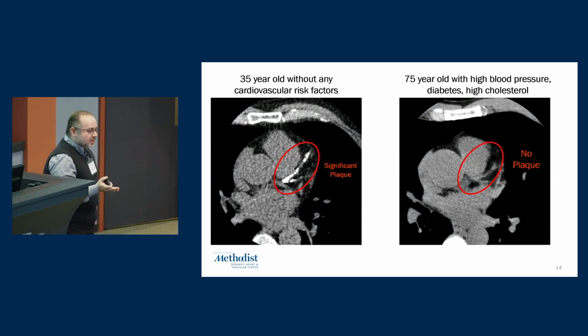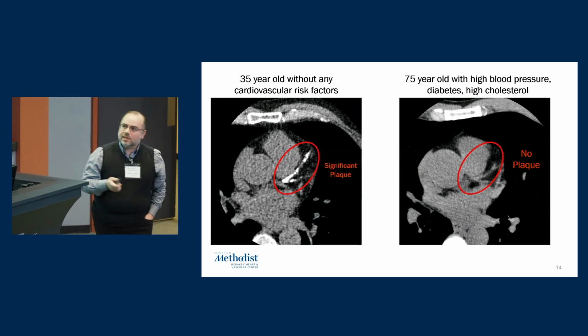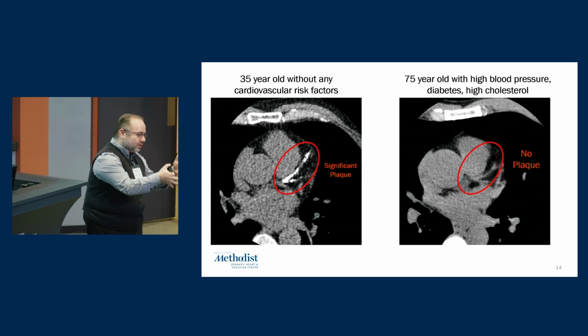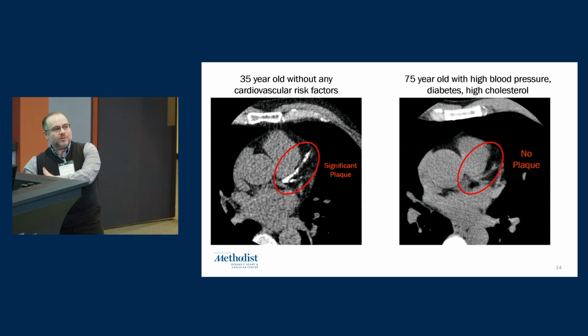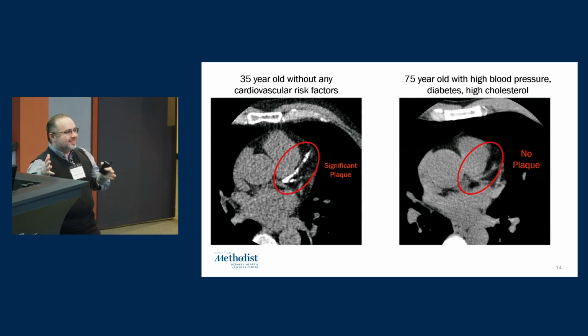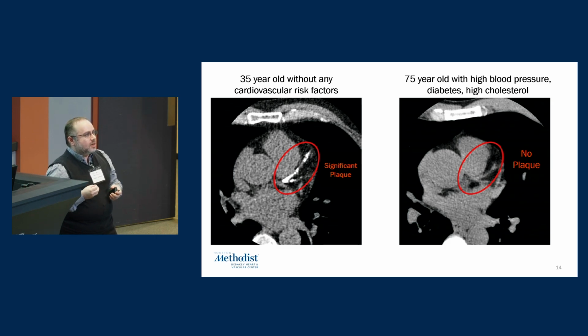I showed you these examples of CT scans that you can get really across the board. Methodist offers them for around $100 or so. The nice thing about them is they're done in healthy people who have not had a heart attack yet. So it gives us the sweet spot of detailed information because it's a CT scan, three-dimensional data, but for a population level. That sweet spot is really unique because we do quite a bit of these. We have about 100,000 volume CTs or scans of these patients,